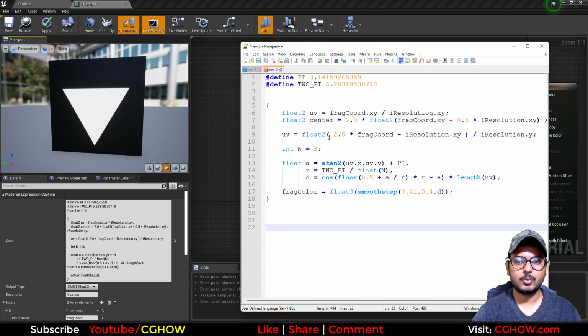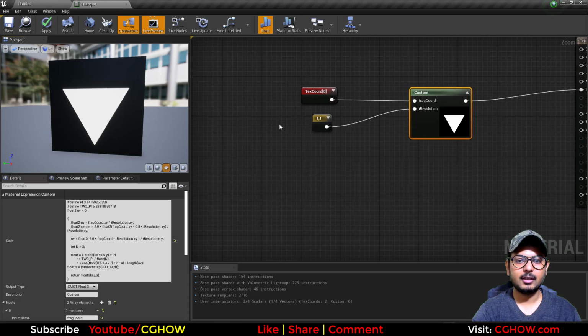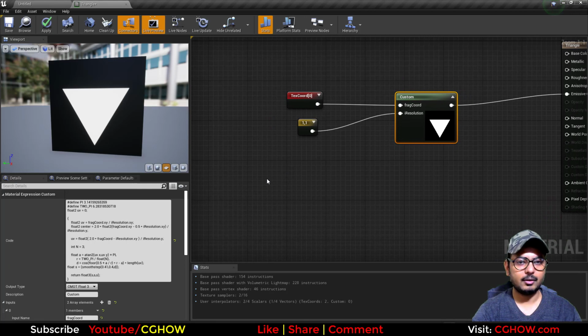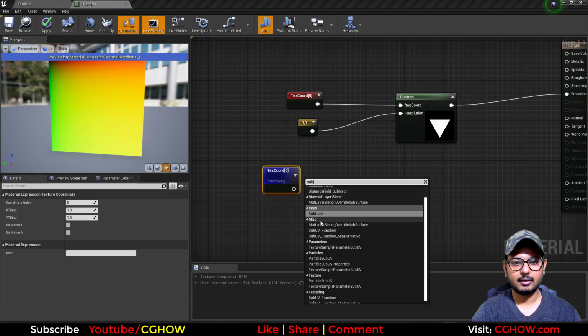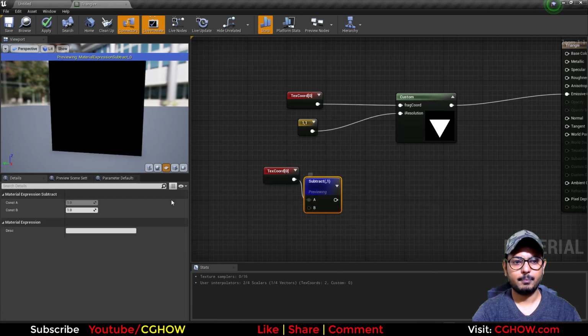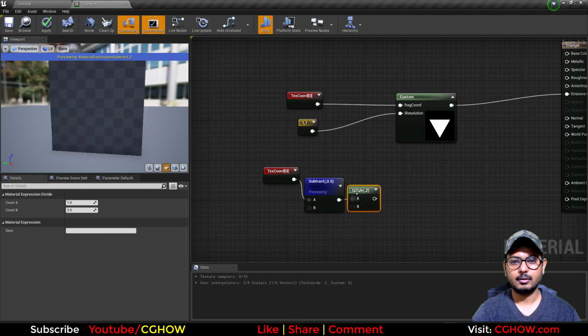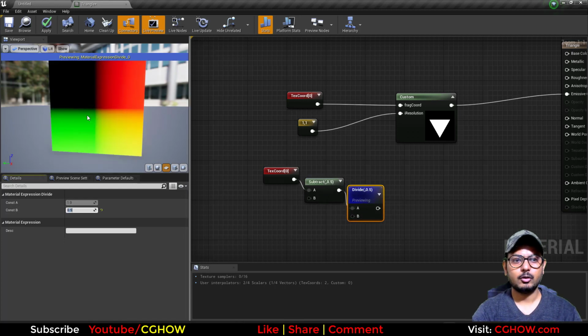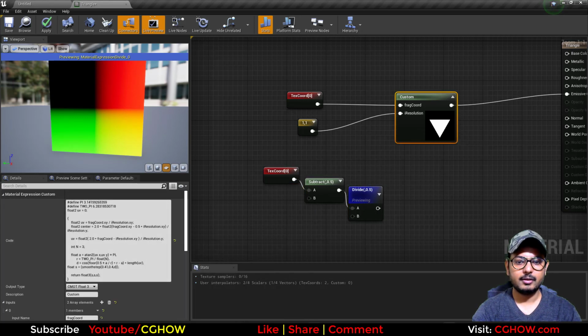So this is how much you have to change. Now let's reduce this code even more. This code is making these UVs a center, and basically to make that center there is one more way. If you have a texture coordinate and this is your point, if you subtract 0.5, it will come to the center, then you can divide it by 0.5. So this is your center, and you can just use these 3 things in your code instead of